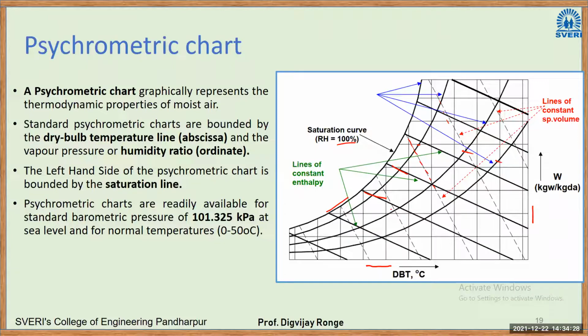Now today we'll see how engineers have come up with this chart, and how they draw a psychrometric chart. Before that, remember the psychrometric chart changes for every pressure. This chart is for atmospheric pressure, that is 101.325 kilopascal. If you change the pressure to 2 bars, the chart will change again. So for every pressure the chart is different.